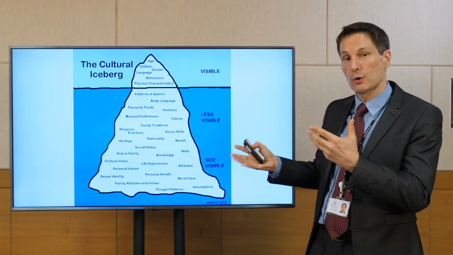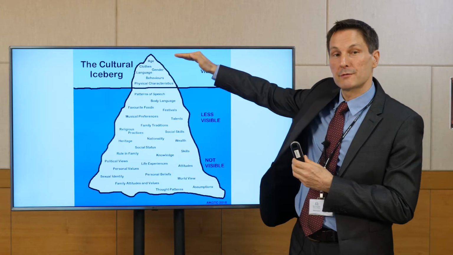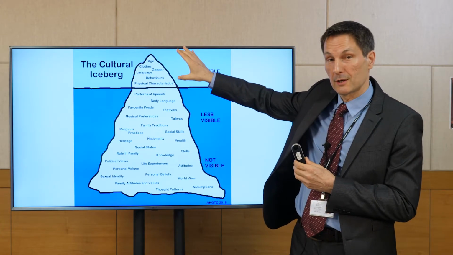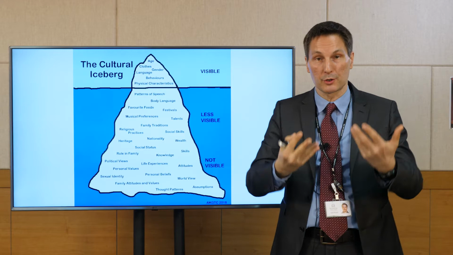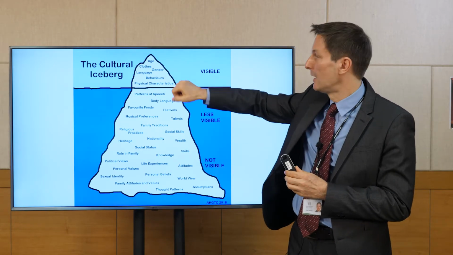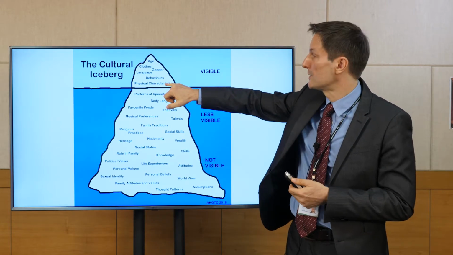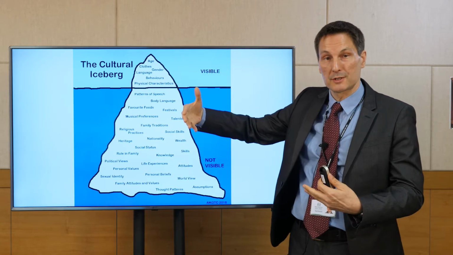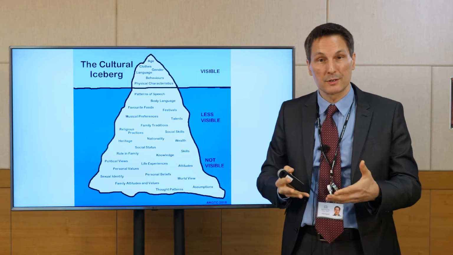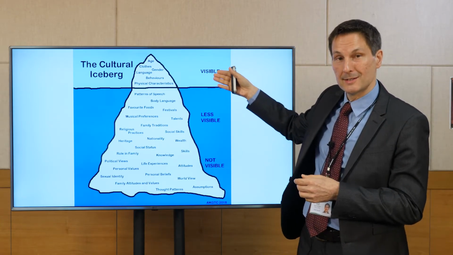So just to show you what this looks like, this really tells you all the aspects of culture that are either above the surface and very, very visible to the naked eye. For example, if I come to Korea for the first time, I can see these differences very clearly. I can see that there's gender differences, people are behaving in certain ways, there are physical characteristics about the culture, the language is different, the clothes are different, and so on. So that's all visible, that's easy to see.